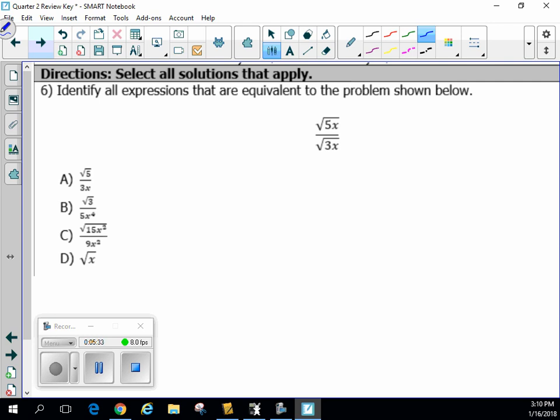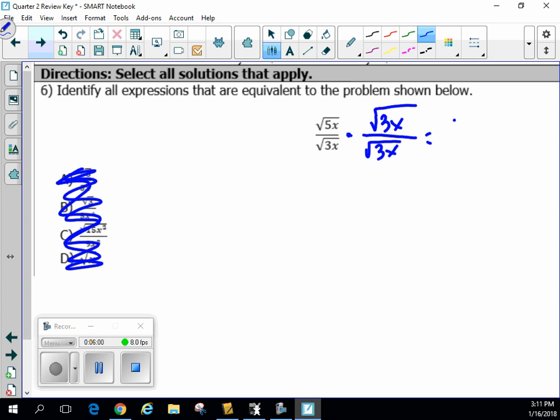Number 6, none of these answer choices work, so we're just going to solve out the problem by hand. For number 6, you have a radical in the denominator. You are not allowed to have a radical in the denominator, so we have to get rid of that. We get rid of the radical in the denominator by multiplying top and bottom by the denominator. So you're going to multiply by square root 3x. When we do so on the numerator, we should get